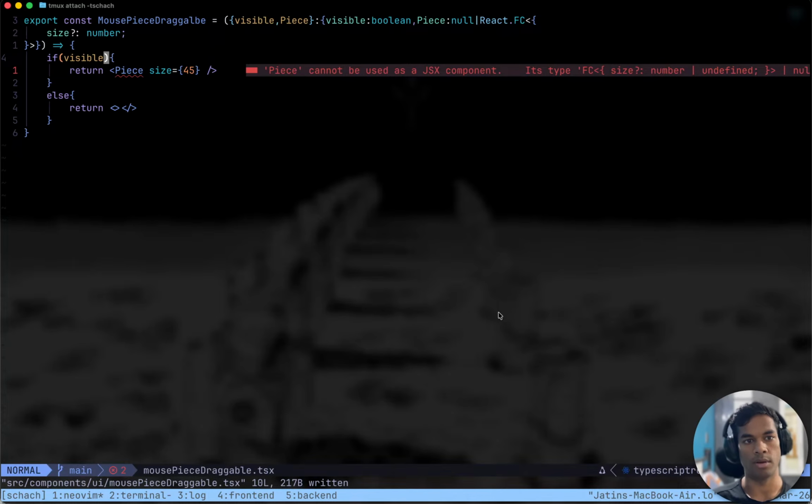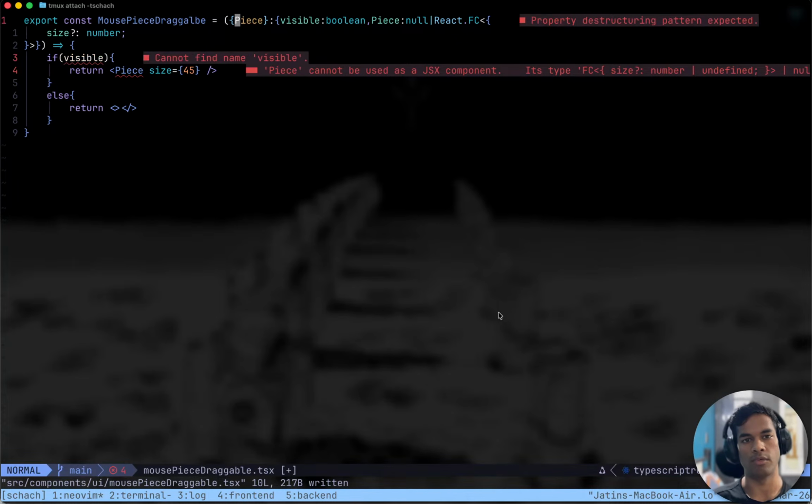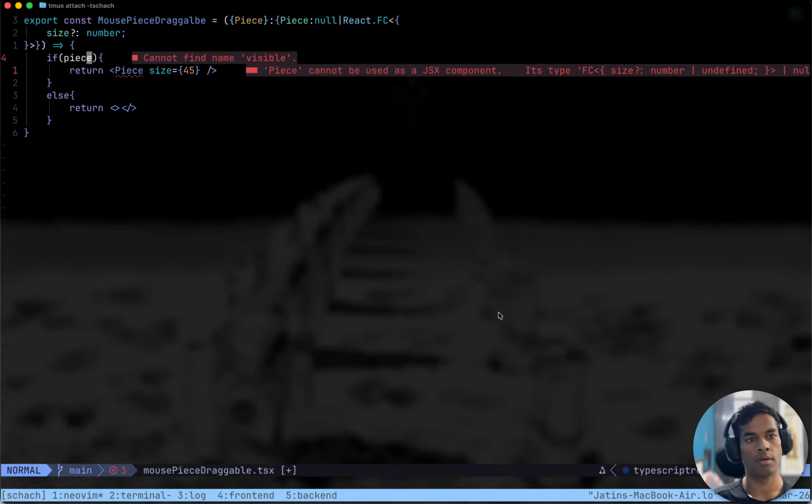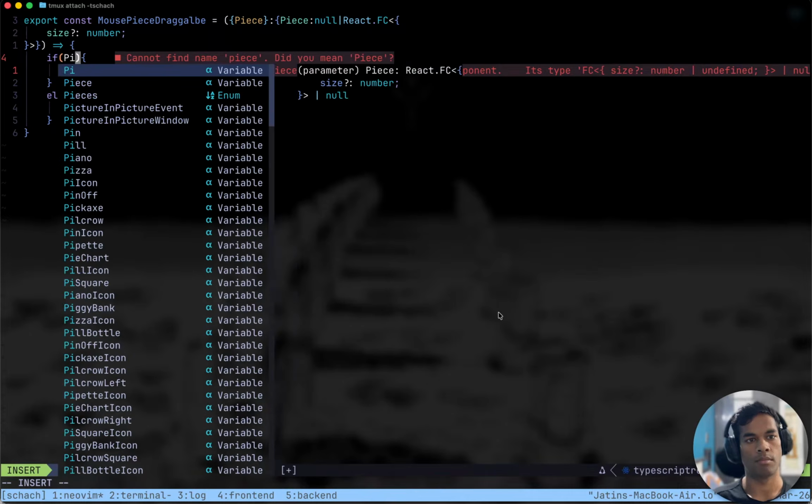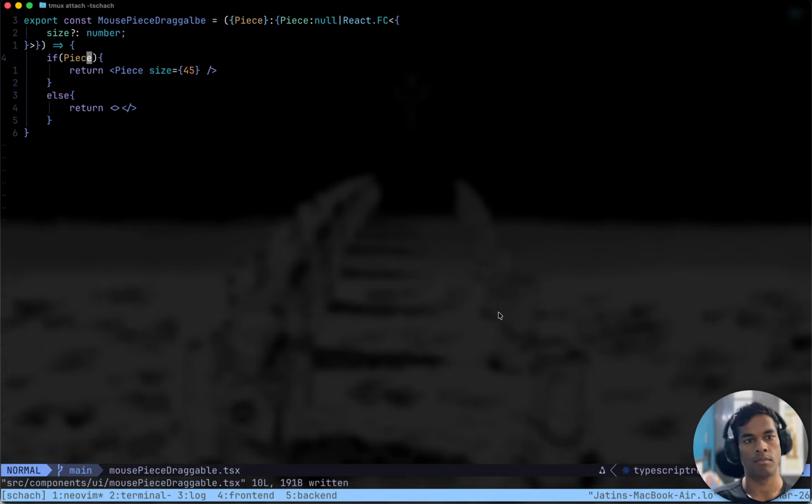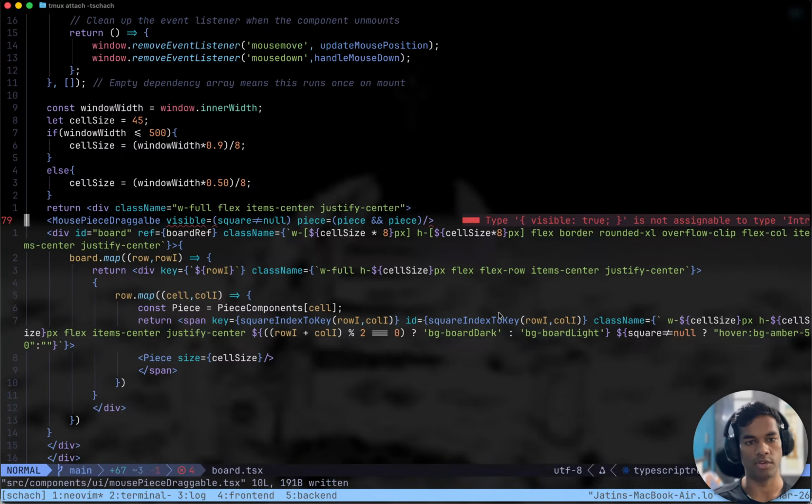If visible, so we don't even have to take visible, we can just take the piece. If piece, cool, that is much better. We can remove visible, just pass in piece.